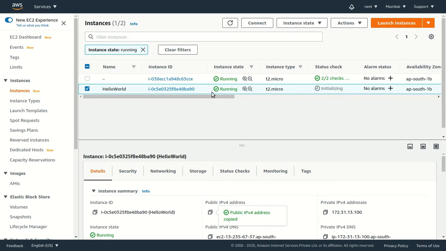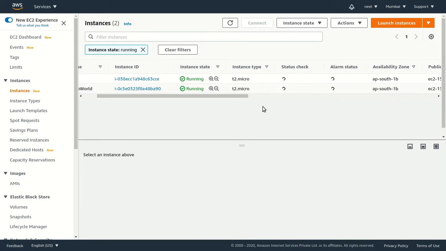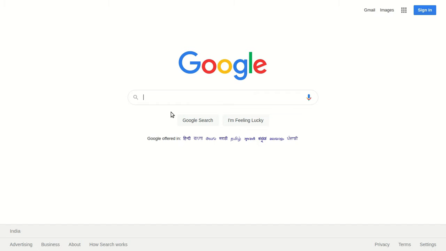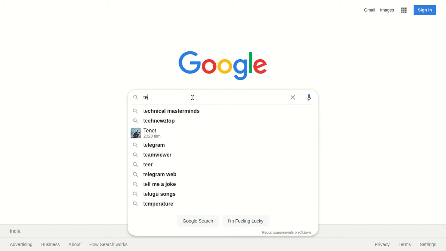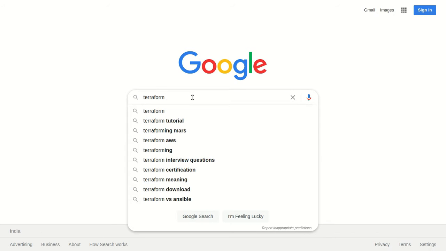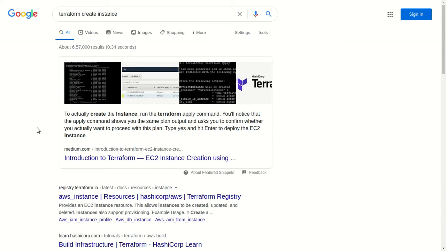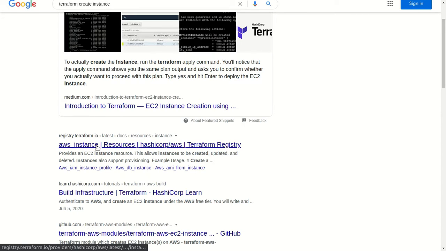Okay, let's do one thing. I'll tell you from where you will get this kind of code. So generally it's very simple. You will get this code from Terraform documentation. So the thing you have to search is Terraform Create Instance. When you search for Create Instance, the first thing it comes up is AWS Instance Resources. Okay, if you go inside,